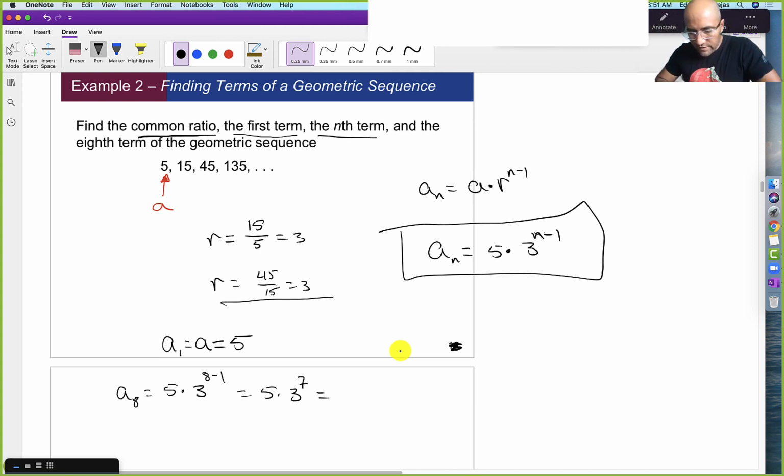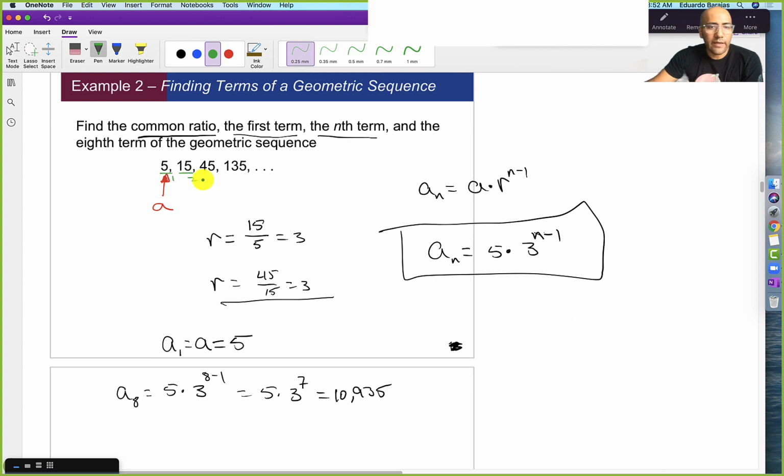To the power of 7, 2,187, and I multiply that times 5, I'll get 10,935. Good. And well, you know, since it's only the eighth term, we could have just as easily found it by